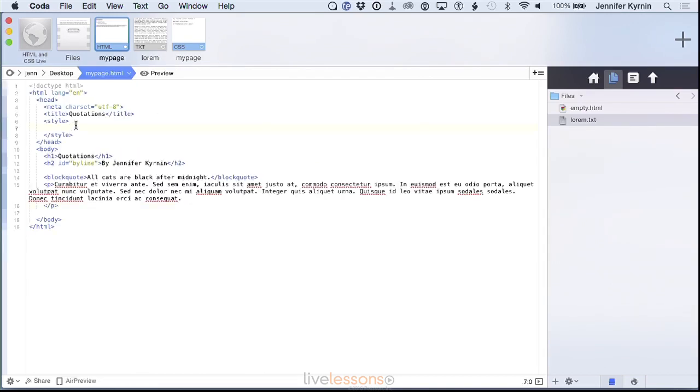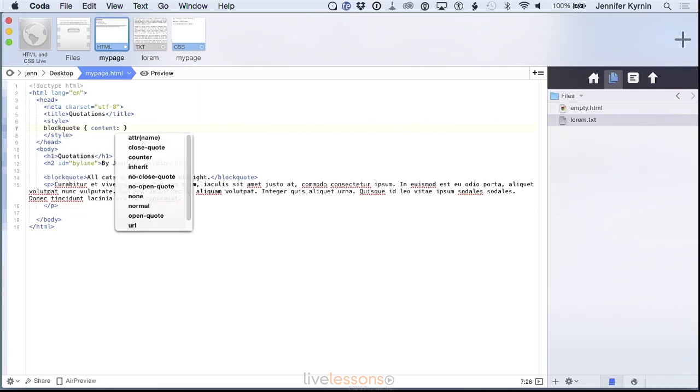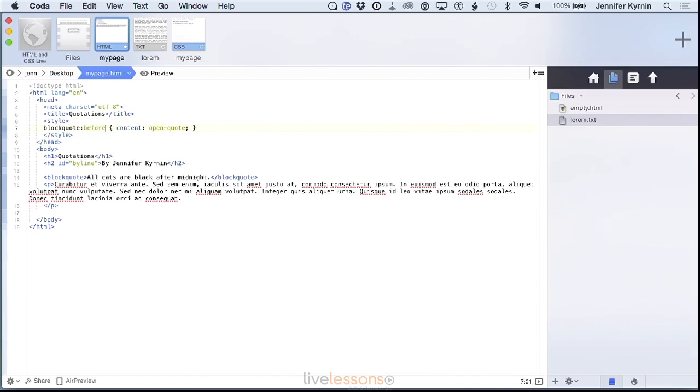So let's go into our CSS and you can add block quote as your selector. You say content, open quote. And then here's the tricky part. I have to tell it that I want this before the block quote. So what I'm basically selecting is the block quote, but I'm saying before the block quote, place an